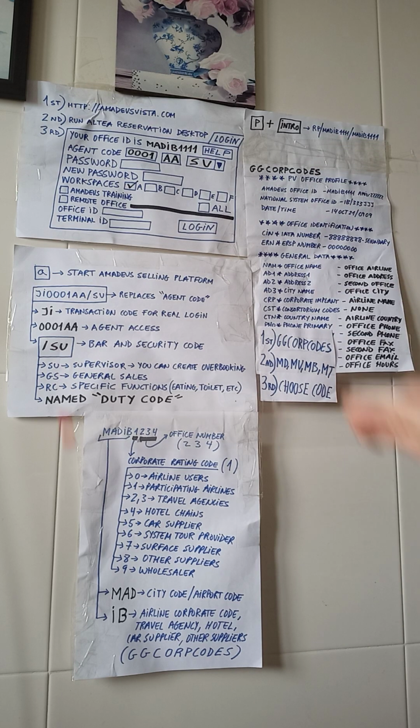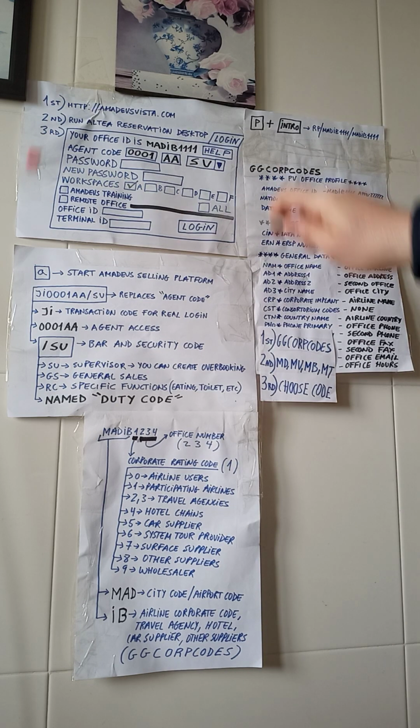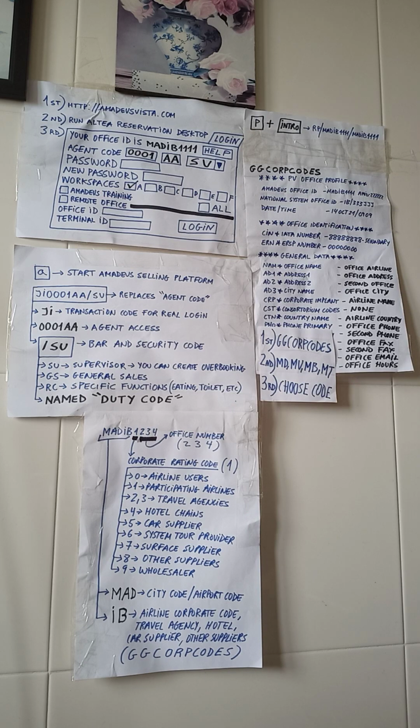We don't have here a screenshot of a reservation, but you know that on the top of the PNR, on the top of the reservation, you always have RP slash